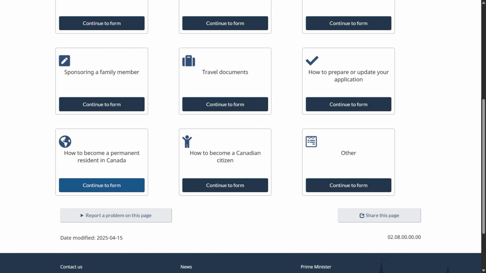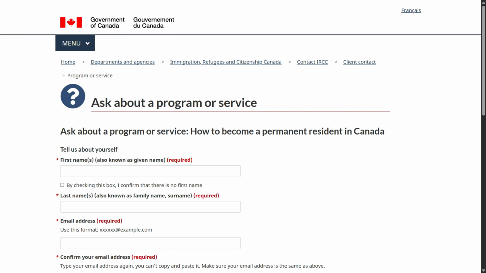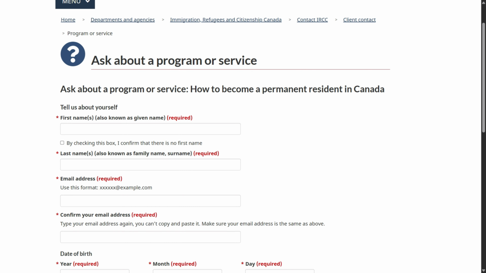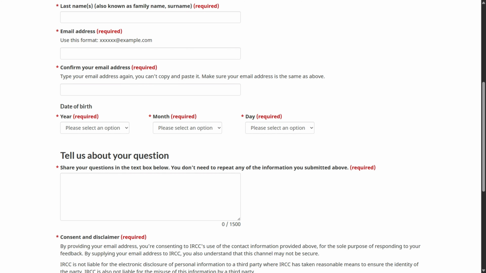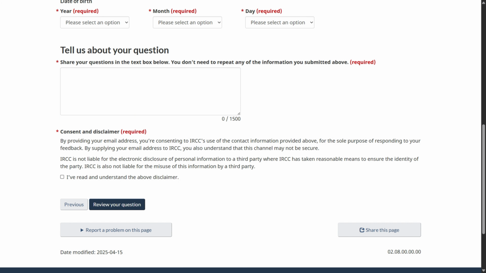To become permanent resident in Canada, click here, continue to form, and then enter your first name, last name, email address, confirm your email address, date of birth, and this is where you will enter your question. There is a limiting factor of 1500 words, so just be mindful of the space, including spaces. This 1500 is counted, so go in detail with what your question is, and once that is done, click here,